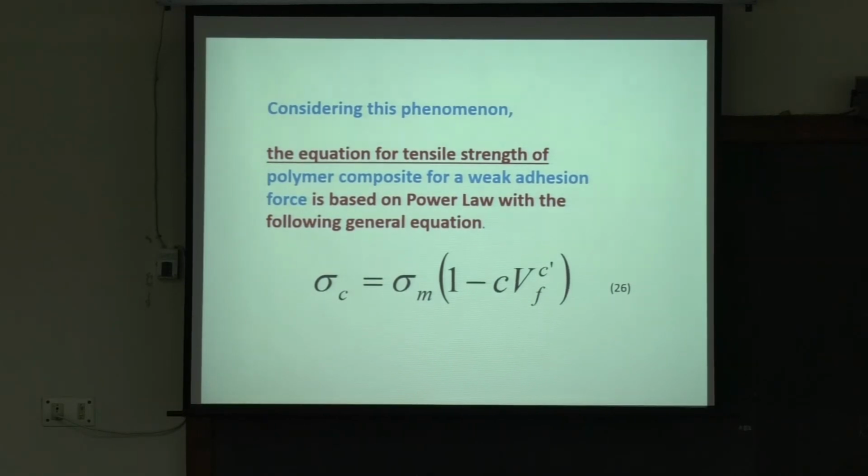Considering these phenomena, the equation for the tensile strength of polymer composites for a weak adhesion force is based on a power law with the following general equation. So this is the type which many people do not use, these kinds of equations. But this is where,